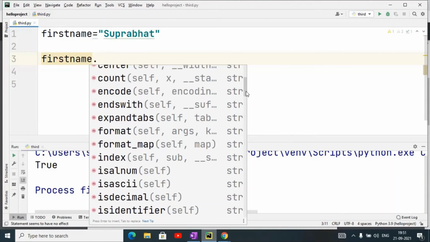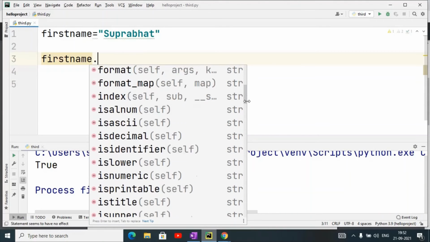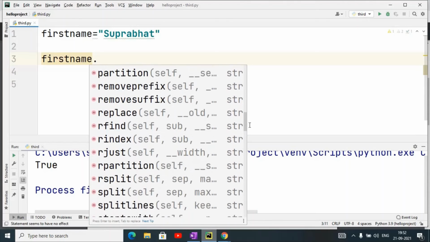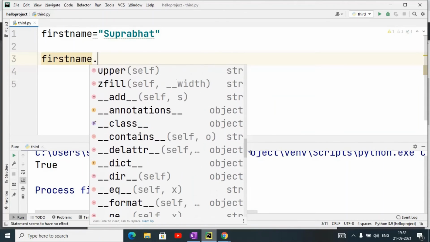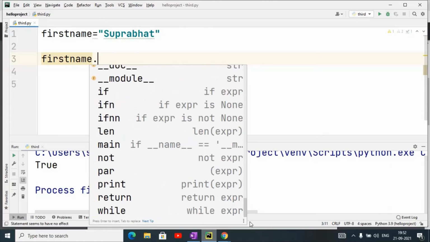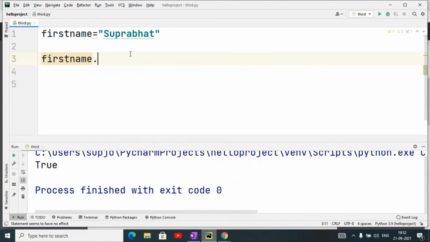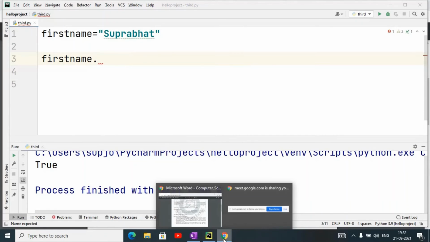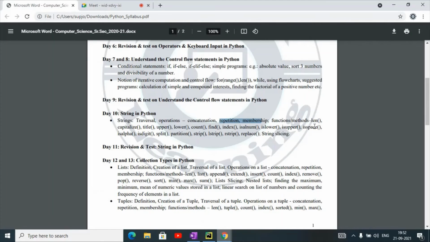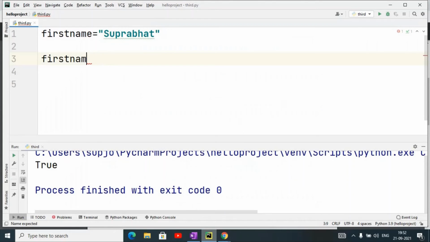All these are methods here, m for methods. There are plenty of methods available here. According to your requirements you can use each one, so that you can understand the use of these methods. According to our syllabus, they are len, capitalize, title, upper, lower. First of all we will understand the use of the len method. It is used to get the length of the string.